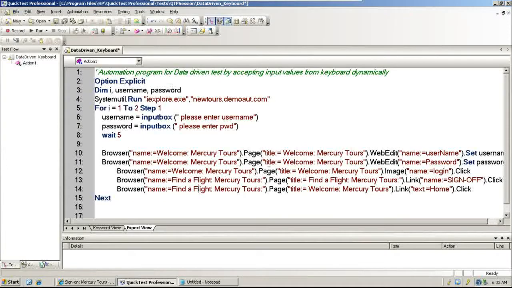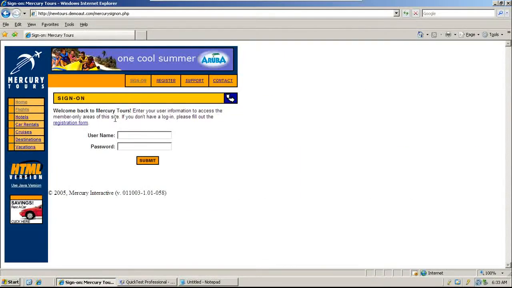Go to the script. We have corrected the 13th line, right? The 13th line is the sign off button. Once we clicked on the sign off button, we come to this page.